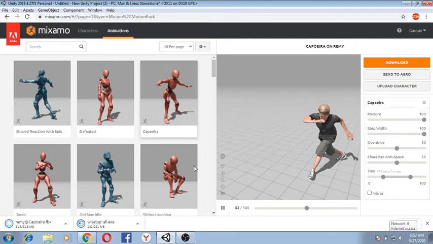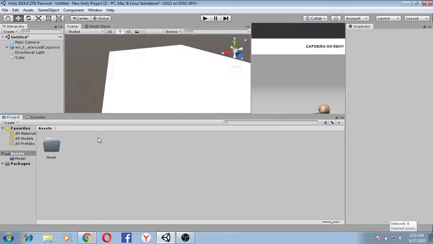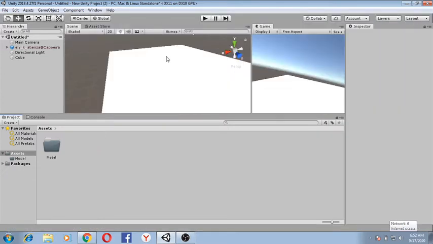In this I will also be talking about the error or the issue that you may come across if you are working on a 32-bit Unity software. This is a 64-bit Unity software in which I am working. So I need to import that FBX file in this models folder that you are seeing over here.